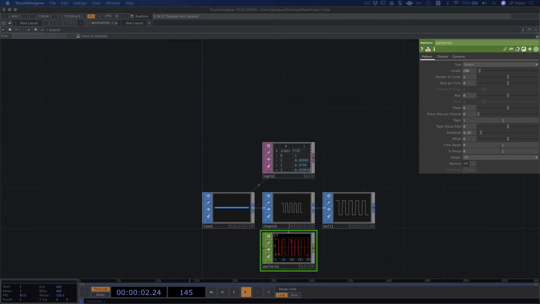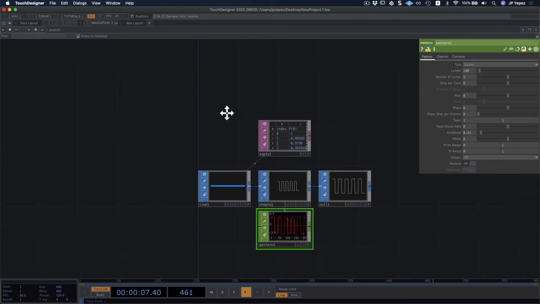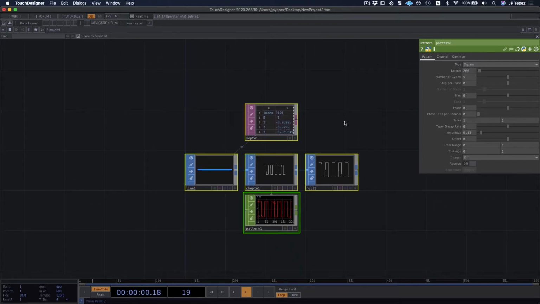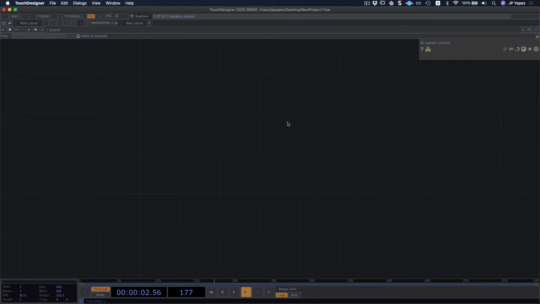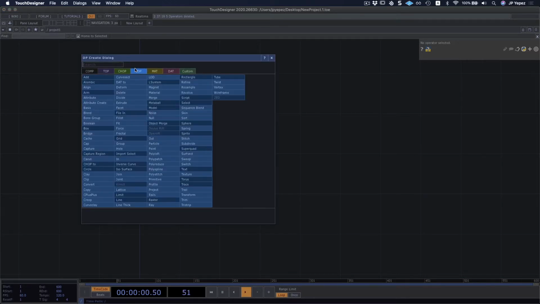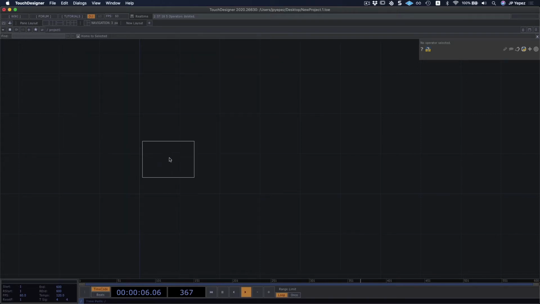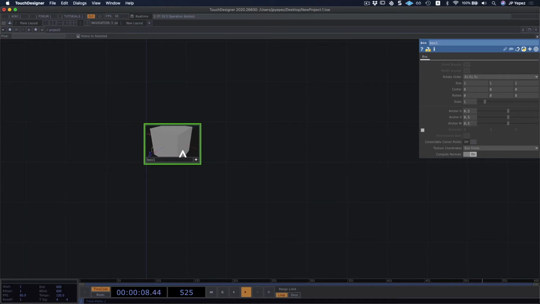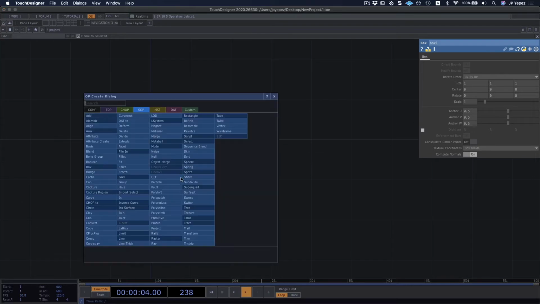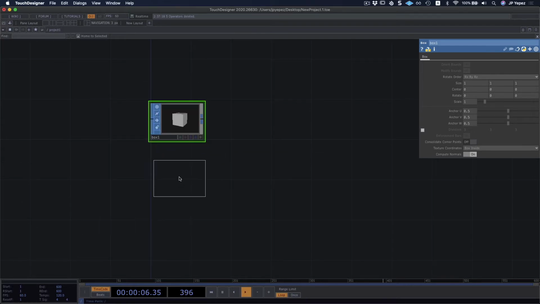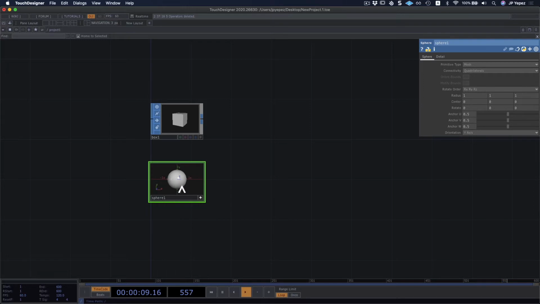Now, line is not the only thing that we have to work with, and in fact, TouchDesigner makes things very easy for us. The easiest way to get started with different shapes is by using what TouchDesigner calls primitives. We have different generators in this case, which are going to be our primitives. We have our box, which is, as its name implies, simply a cube. We have the sphere that we saw earlier, so we could check out our coordinates.